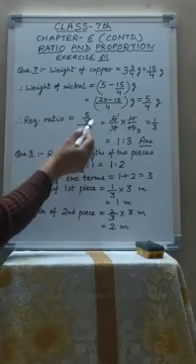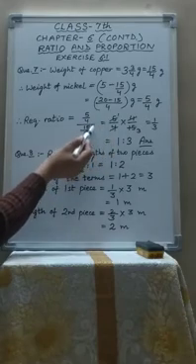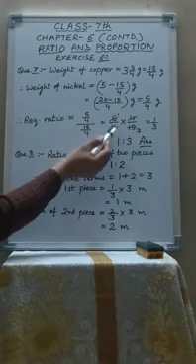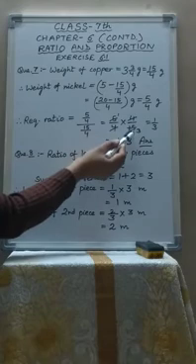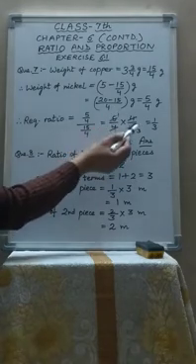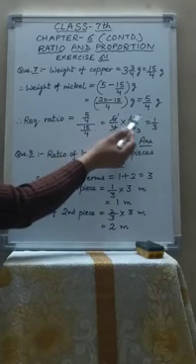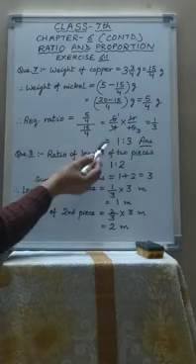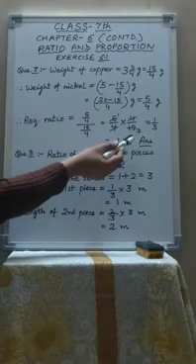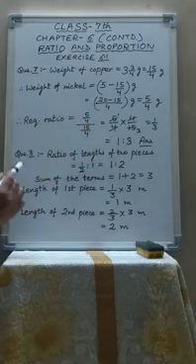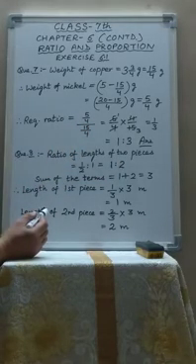So how do you divide fractions? We will change divide into multiply and take the reciprocal of the lower fraction. So it will become 5/4 multiplied by 4/15. So I have reduced it. 5 ones are 5, 5 threes are 15, and 4 ones are 4, 4 ones are 4. So what is remaining? 1/3. So what is the required ratio? 1:3.